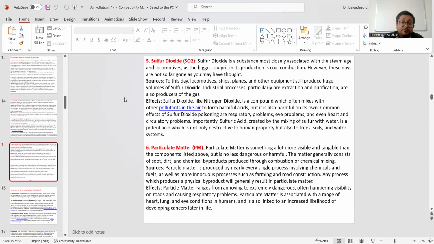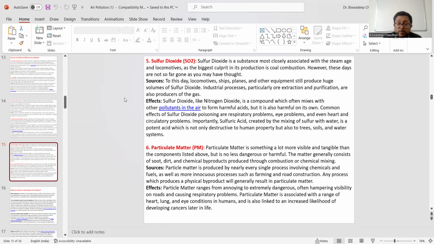PM, particulate matter. What is particulate matter? It is something a lot more visible and tangible than the components listed above, but is no less dangerous or harmful. It's equally dangerous, equally harmful, with devastating power to destroy our ecosystem and living things. The matter generally consists of soot, dirt, and chemical byproducts produced through combustion or chemical mixing. By combustion or by chemical mixing, such kind of suspended